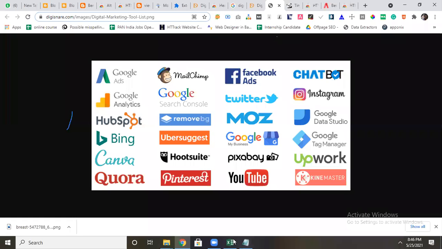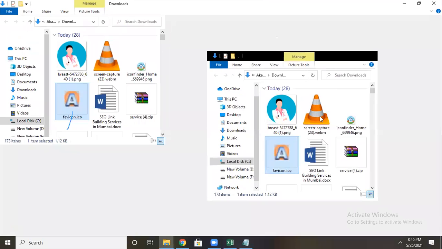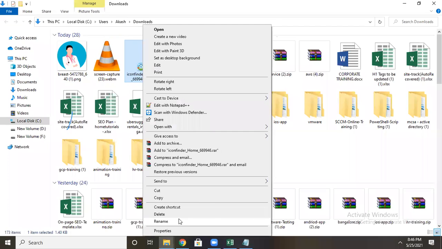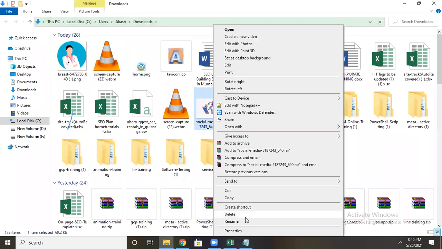While uploading any image to Blogger, you have to practically rename these images this way. For example, if it is a home image, you have to say home. If it is social media, you make it social media. Don't add numerics.